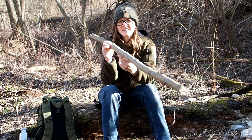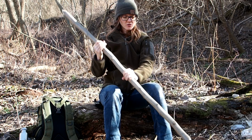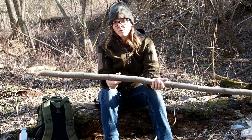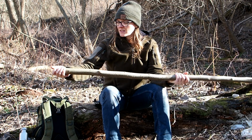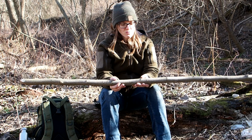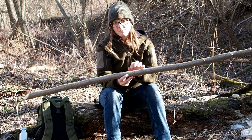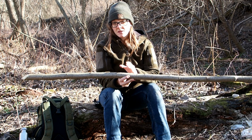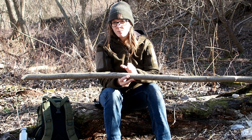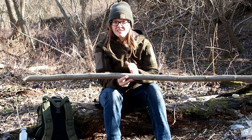Okay, this stick is a little bit short, so usually I make the bow almost as tall as me, but this one had an odd bend at the bottom, so I had to cut it off shorter. And now I'm going to try to make the middle piece much shorter, and I try to start the limbs much earlier so that I get more length of the limbs,